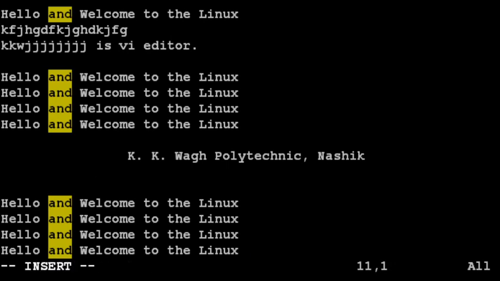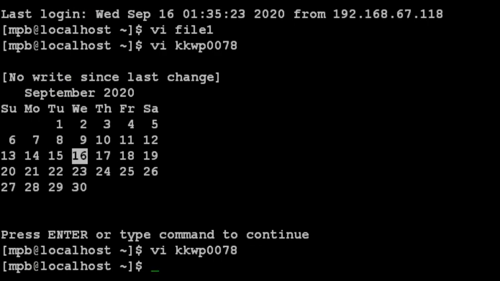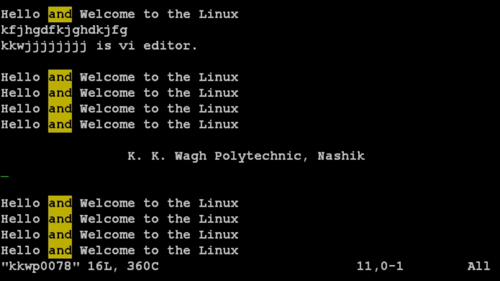Suppose I want to just quit the VI editor when no changes are made in the file. So press escape, colon and Q and press enter. You will be out of the VI editor. Again, if you want to cancel all the changes, for example, if you go in insert mode and write here hello and I don't want to save this hello, then press escape, colon and then Q and exclamation.